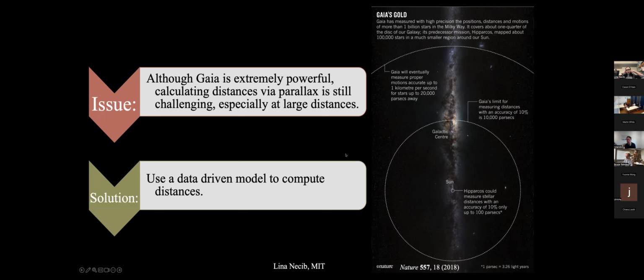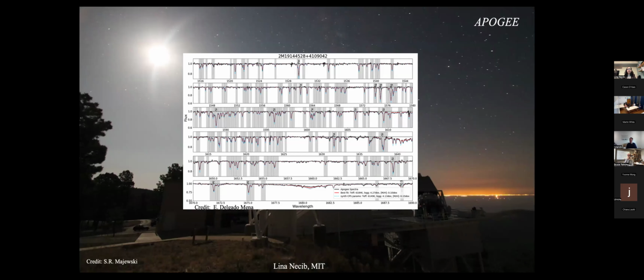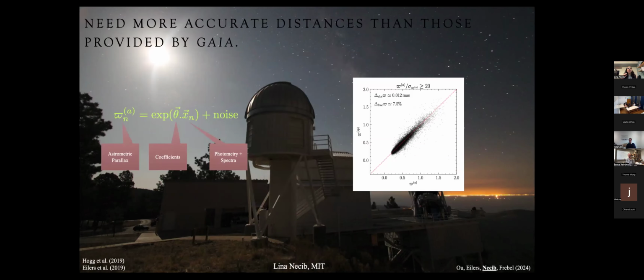So to deal with this problem, we try to figure out a better way to measure distances. And we use a data-driven model to actually compute such distances. For that, we use this telescope from the ground, APOGEE. APOGEE is basically a spectroscopic telescope. It gives me something like this, stuff that I don't understand because I always had somebody else reduce data, which is great. However, we can use these spectra or these fluxes to measure what we call the new